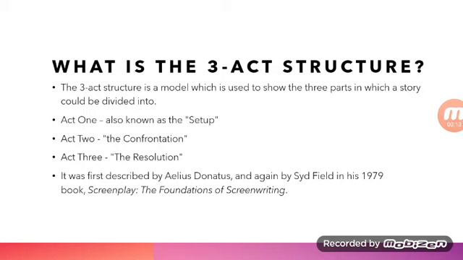So, the three act structure is a model which is used to show the three parts in which a story could be divided into. Act 1 is also known as the setup, Act 2 is the confrontation, Act 3 is the resolution. So, these are what they're known as and there are reasons for those things being called those things. Like the setup is where